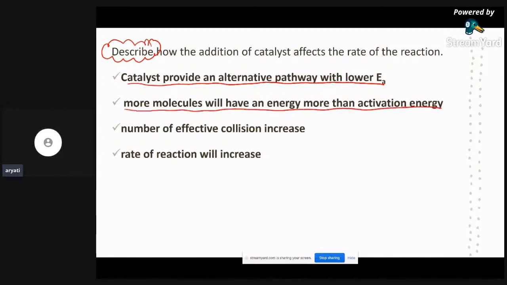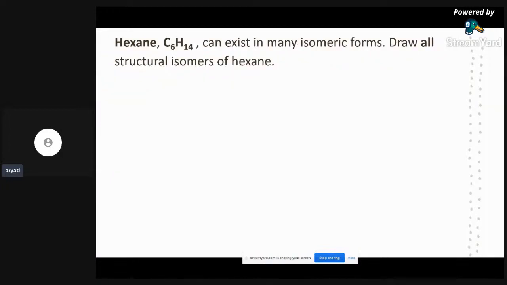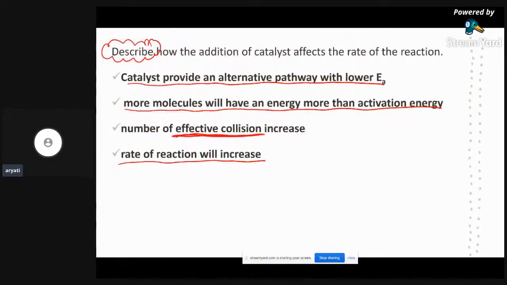Okay, then when more molecule will have the energy than activation energy, mesti ada perkataan effective collision as I mentioned before, because only the effective collision that produce a product. So number of effective collision will increase, so therefore the rate of reaction will increase. Okay, so that's all how to solve ataupun the alternative answer for question number 5